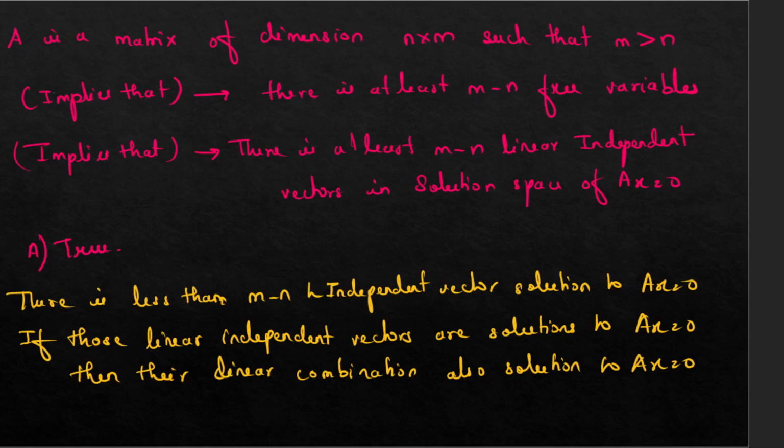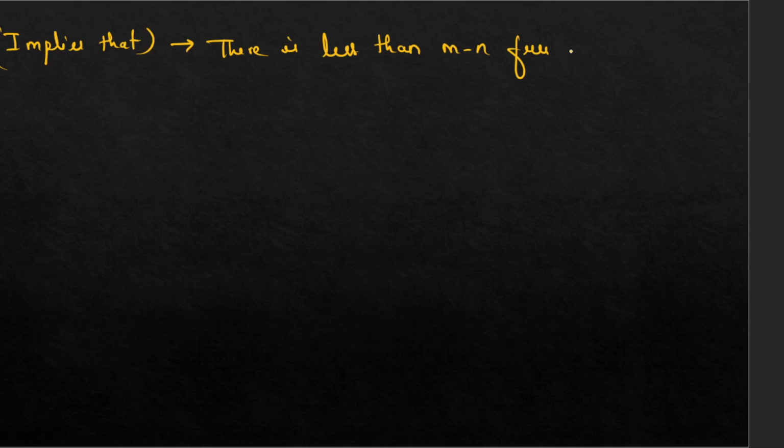And from here we can infer some points I am writing, which implies that there is less than m minus n free variables,